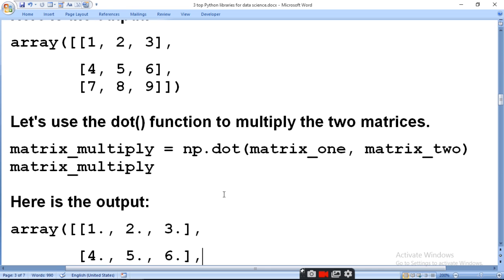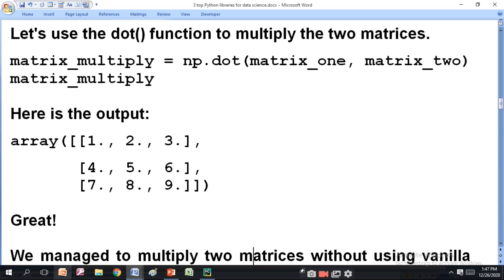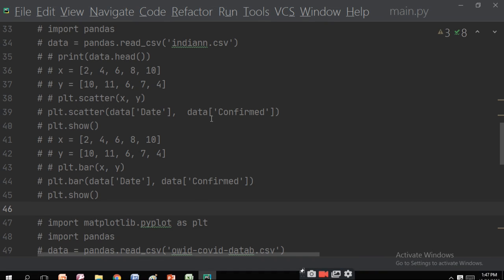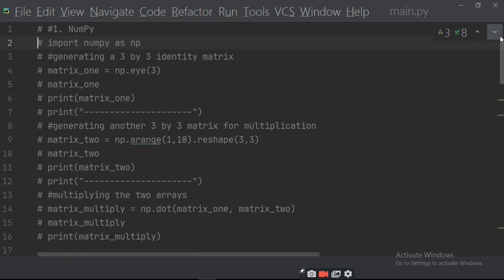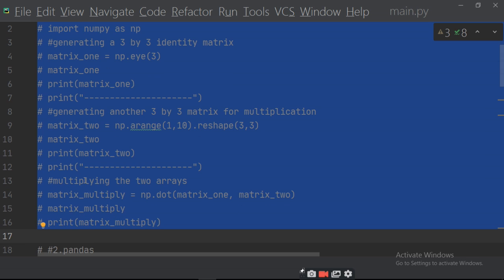Let's use both the matrices to multiply. Matrix multiply equals np.dot(matrix 1, matrix 2). When you use dot, it will give you the calculated multiplied matrix in NumPy. Great, this is the output, and how it will come, just see in Python. You have a program which I teach you in this, so you run it and find out the multiplied matrix